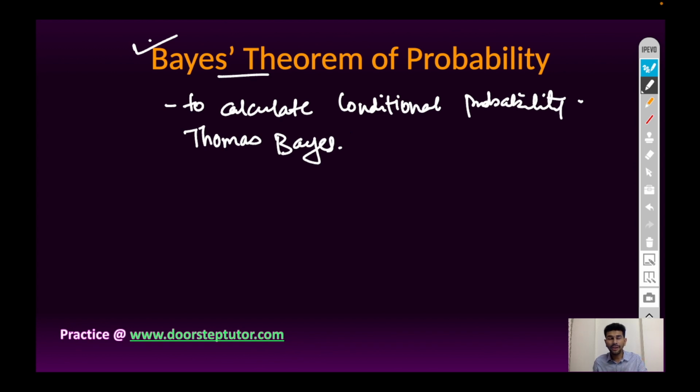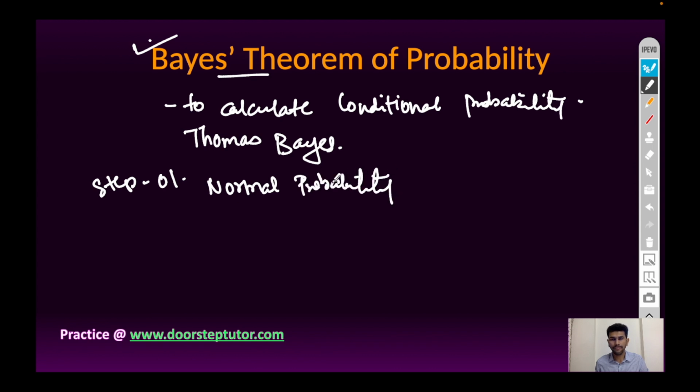So, under Bayes theorem of probability, the problem can be solved in three steps. Step 1 will be calculating normal probability. Step 2 will be calculating conditional probability. And step 3 will be